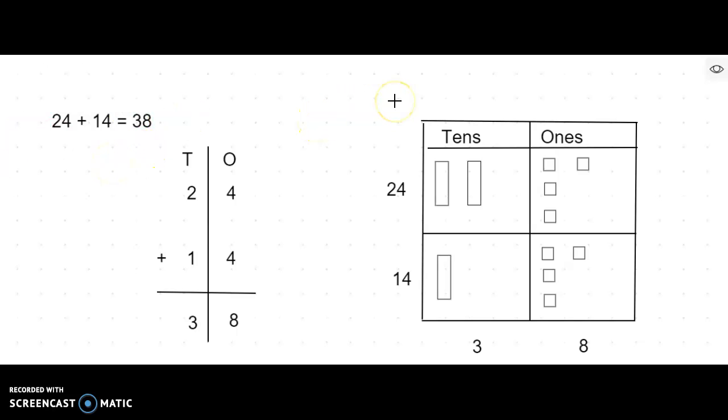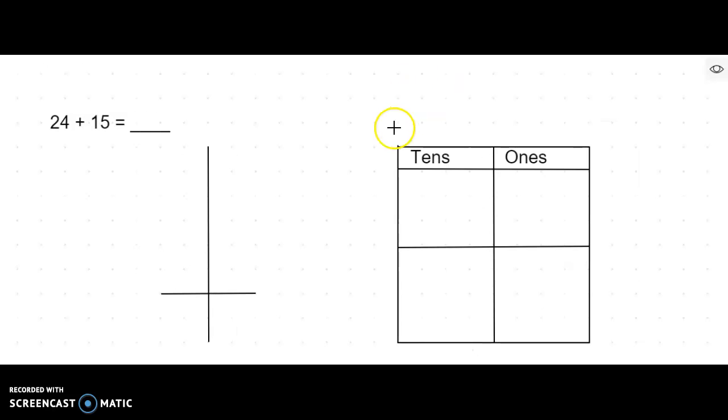Here's what I'm going to have you do for tomorrow. I'm going to have you do a challenge problem that has us use these two strategies. So our challenge problem is going to be 24 plus 15. And what I'd like you to do is set it up vertically and then do your tens and ones chart and solve your problem. I know you girls are going to do a great job because I think you've been practicing. I'm really excited to see how you